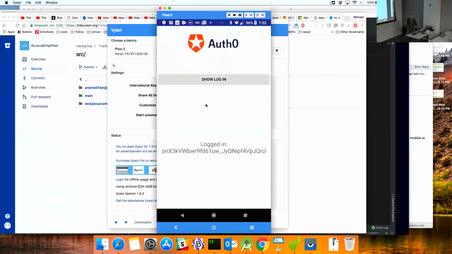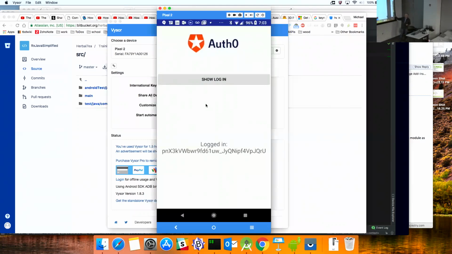And I've done this before. But it comes back and says, okay, logged in. I've already accepted. If I'd never done Google before, it would ask, do you trust this thing to be tied to your Google account? So I've gone through and logged in, and a token comes back from Auth0. And that token is something that you now can persist within your app for whatever time frame you want to. But this can be resubmitted to Auth0 for subsequent logins.